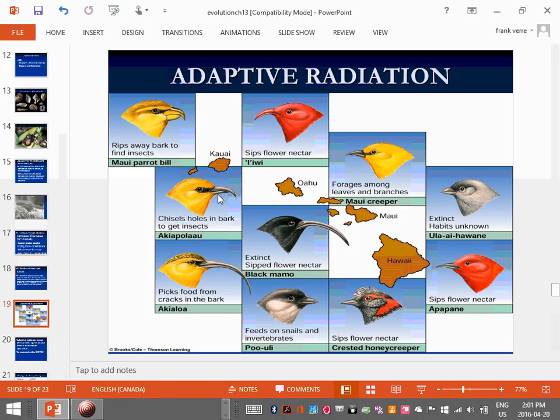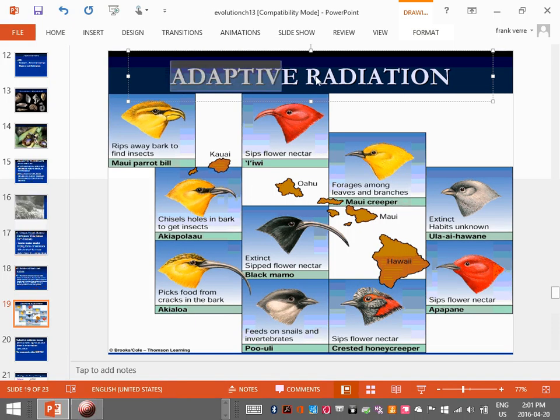Okay, we're almost done. One last topic. Adaptive radiation. Now, we've actually talked about this before. So this has to do with a new environment opening up. Now, remember with the inner fish? Remember mammals in the time of dinosaurs were living where? Underground. And then what happened to the dinosaurs? By what? The asteroid? So a new environment opened up because the old environment was altered. And then mammals came out from the ground and they started to multiply and diversify. So this adaptive radiation just simply means when a new environment opens up or changes dramatically, then you get this